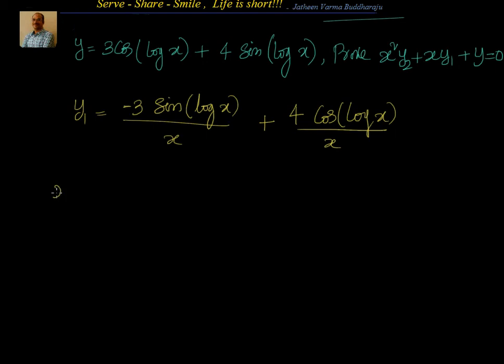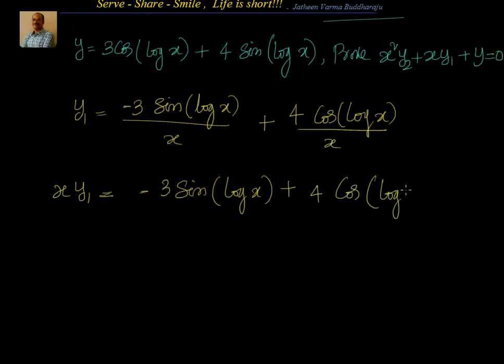So if I take x to the other side, I will have x y1 equal to minus 3 sin of log x plus 4 cos log x. Since we need y2, let's differentiate again. It is in uv form, so u is x, u into v dash, the derivative of y1 with respect to x is y2, plus v, that is y1, into u dash, that's equal to 1,